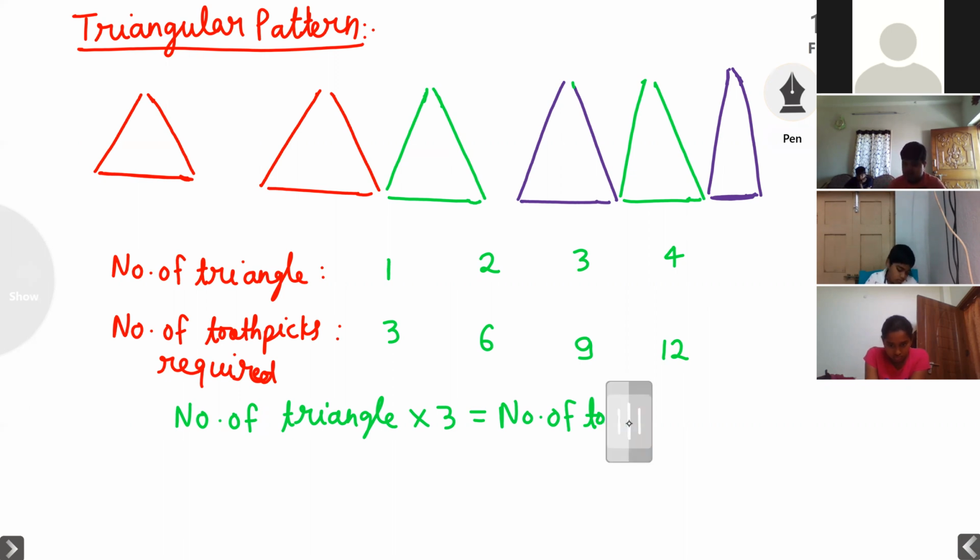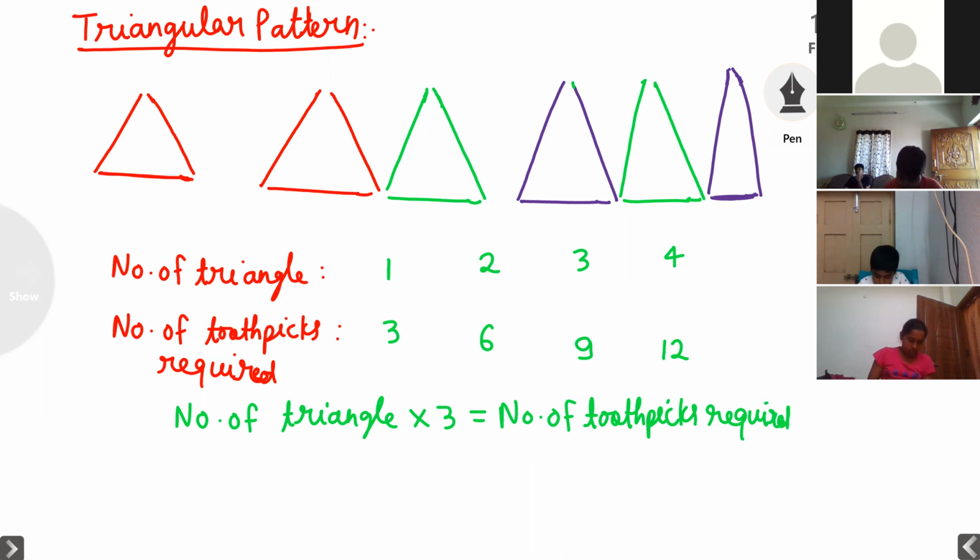Now suppose I assume the number of triangles is n, then n into 3